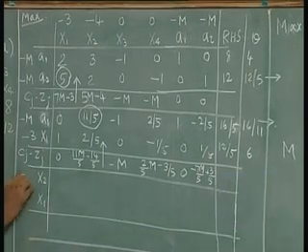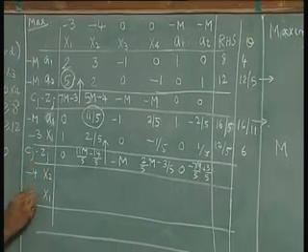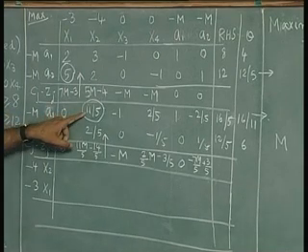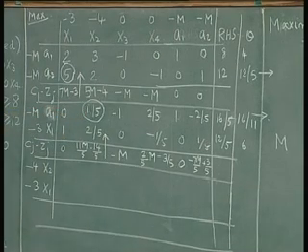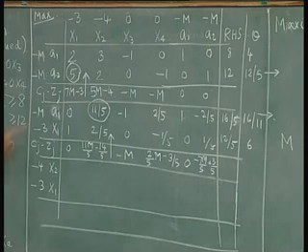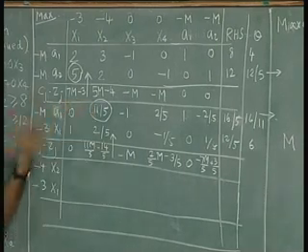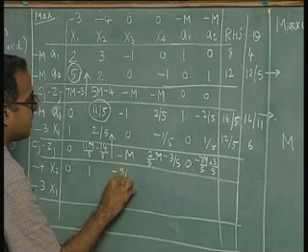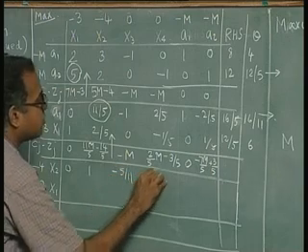And the coefficients are minus 4 and minus 3. Divide, this is the pivot row, this is the pivot element. So, divide every element of the pivot row by the pivot element. In this case, divide by 11 by 5 or multiply by 5 by 11. So, 0, 1, minus 5 by 11, 2 by 11,